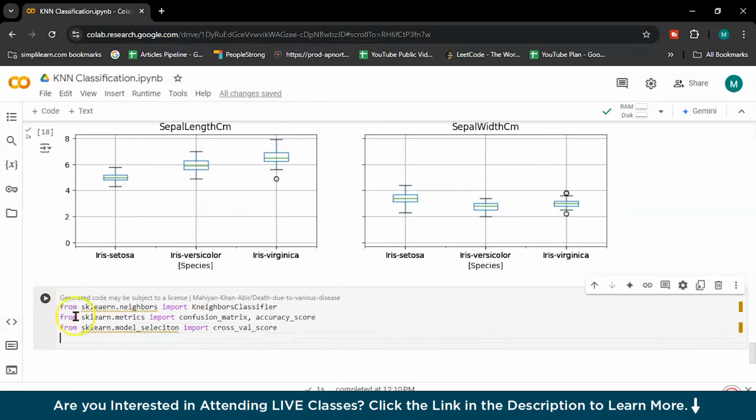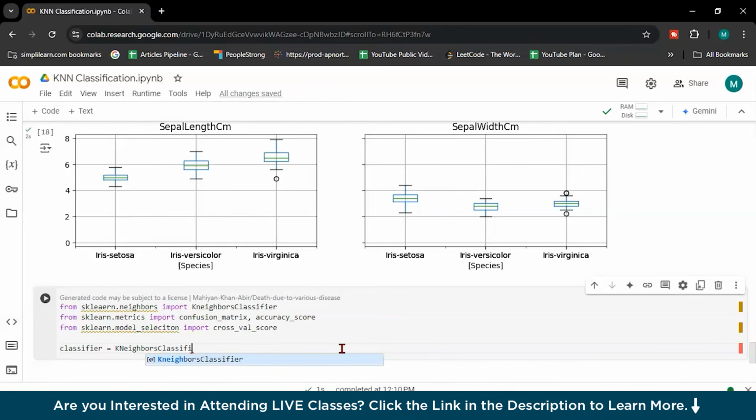So here what I did, we are fitting the classifier to the training set and loading the libraries basically. Then we'll initiate a learning model with k equals 3. So here I will write classifier equals